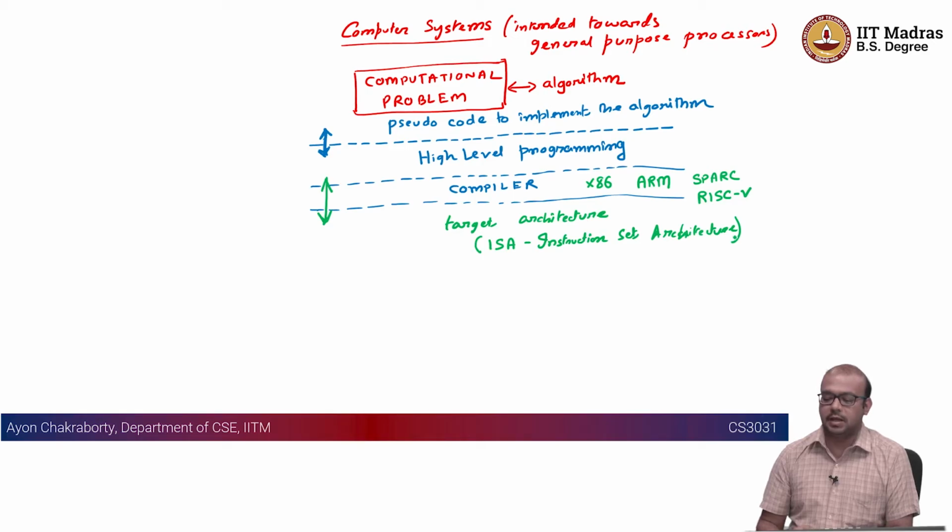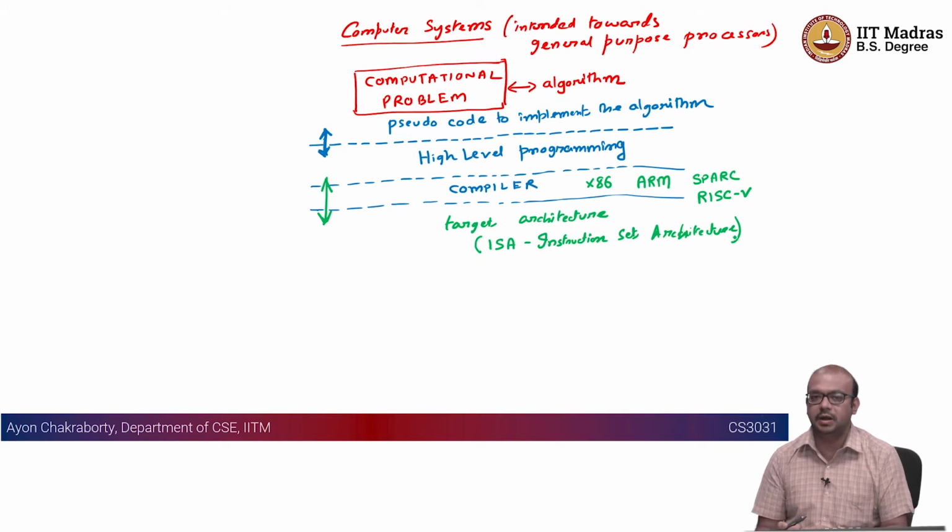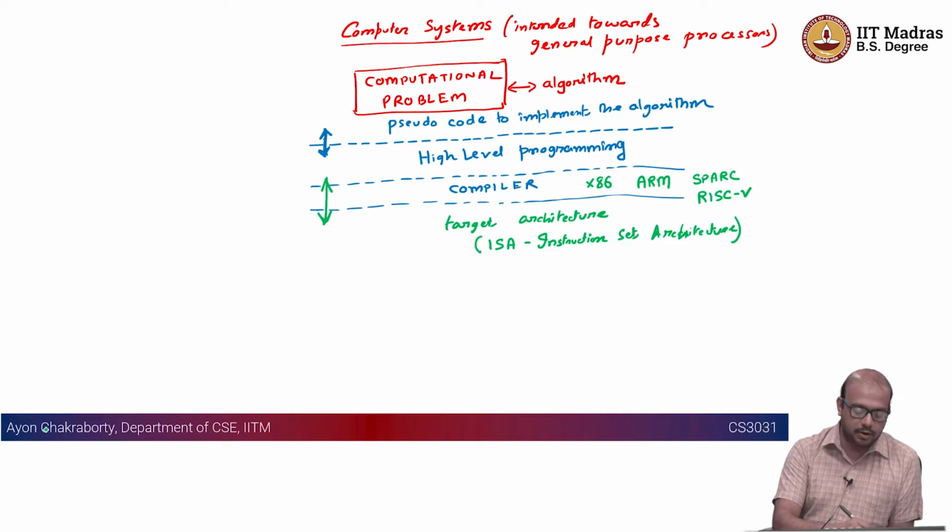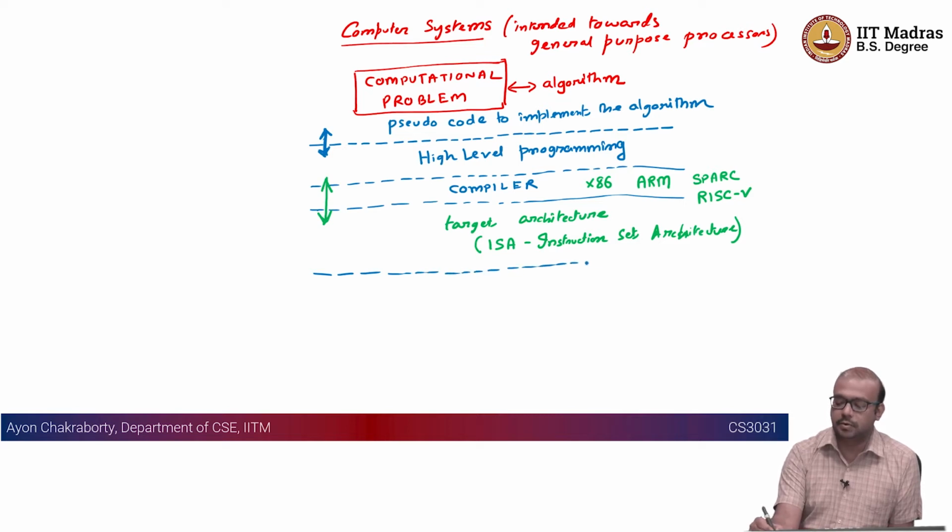So, if you are running a high level programming language, let us say you are trying to do it in Java and trying to build an Android app, there are high chances that after you do the compilation, your Android app is running on an ARM architecture. Whereas, if you write the same kind of a program with a GUI and it is running on a Windows laptop, there is a high chance that you are actually running the code on an x86 architecture. So, this is about our target architecture,